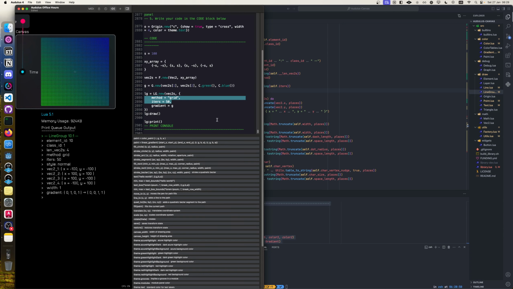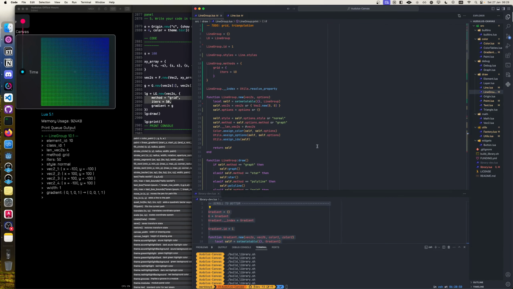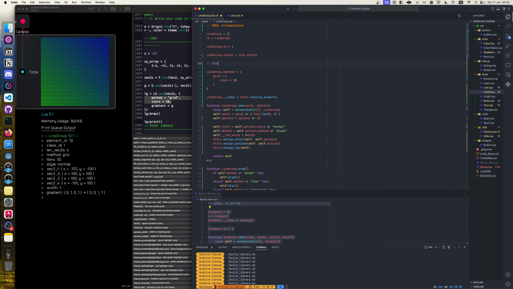Now, do I want to do X and Y separately? I think we do. Just why not? Because we can. But then let's do this later because I did grid. I'm a little sick of this right now. I'll come back to it at some point. Let's do like X iters and iters